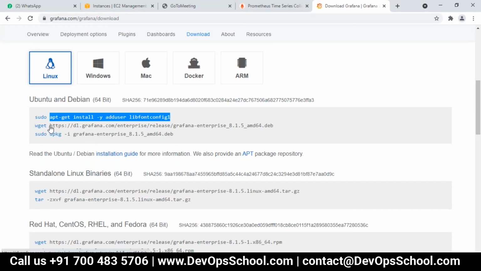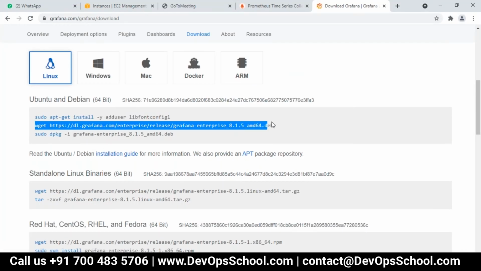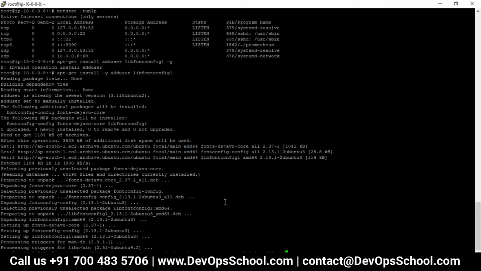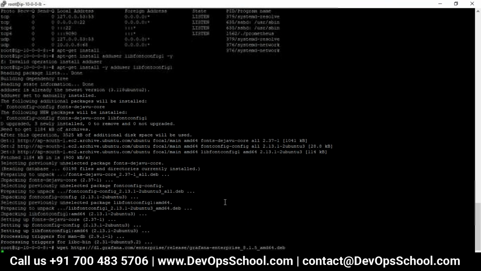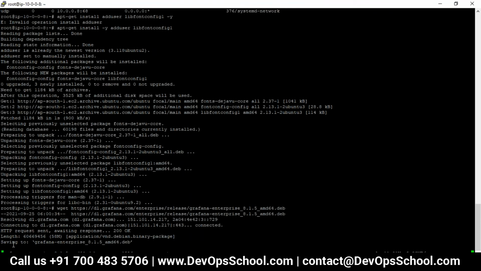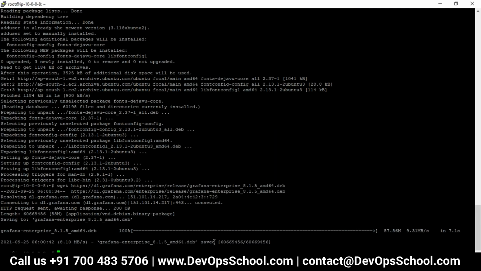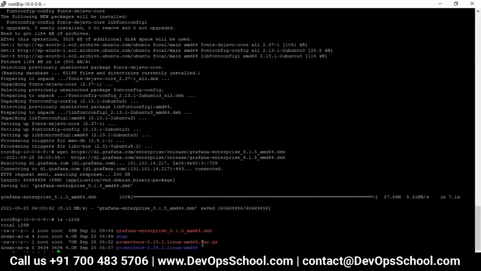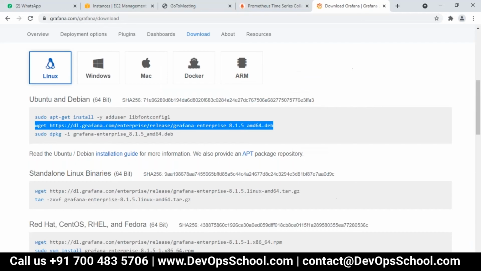Once they are installed, then the wget command downloads the package. See, HTTP request sent, 200 OK. So it is downloading this package on the server. Here it has downloaded a Debian package. It is in .deb, which means it is Debian.